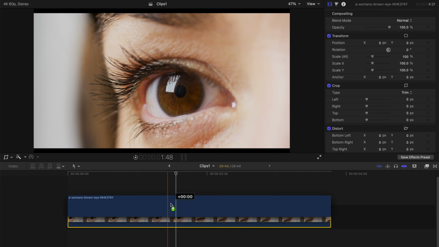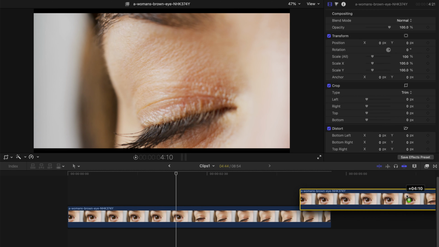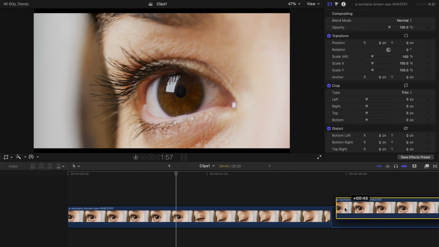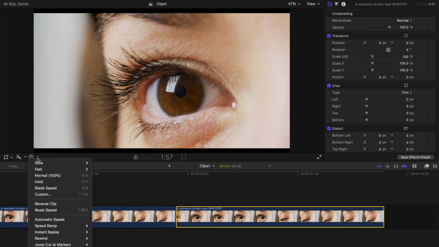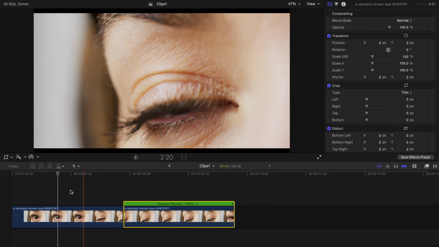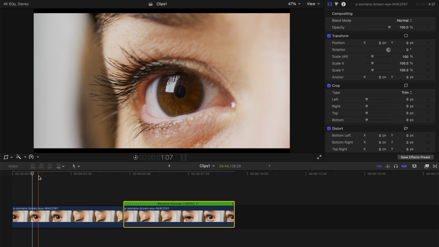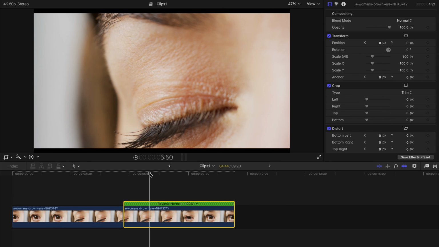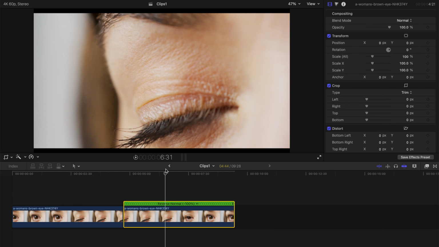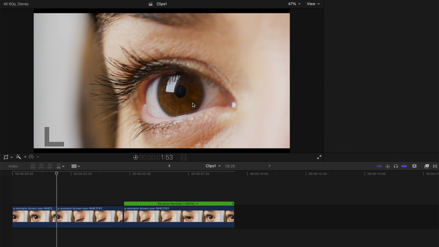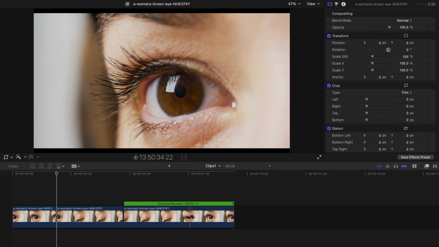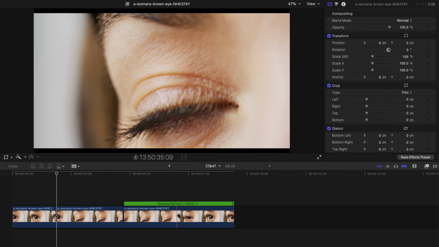copy another clip by pressing Option, drag it upwards and bring it to the end, and select this clip, reverse clip. So it's like a blinking kind of clip created. But as you can see, this blinking motion is very slow. I'm going to cut at the start of the blink, and yep, around here,